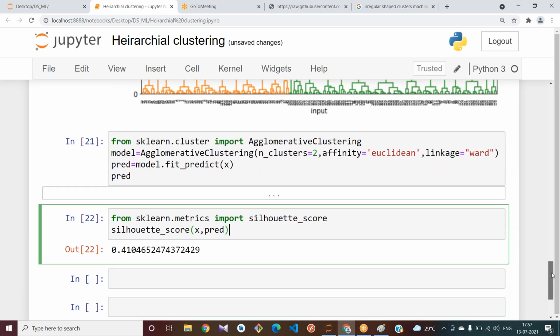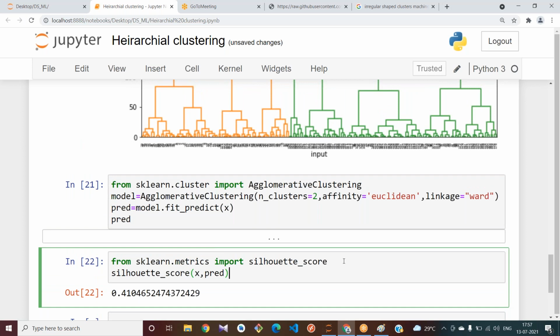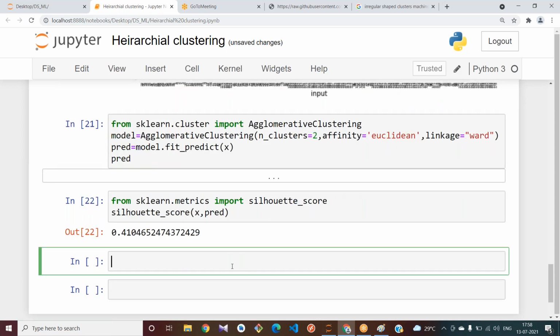Why am I not getting this? If I get something greater than 0.5, that's okay, it's getting somewhat better. If it is nearer to 0.9, 0.8, 0.7, somewhat it is learning better. But it is 0.4, and that's not a good score, right?